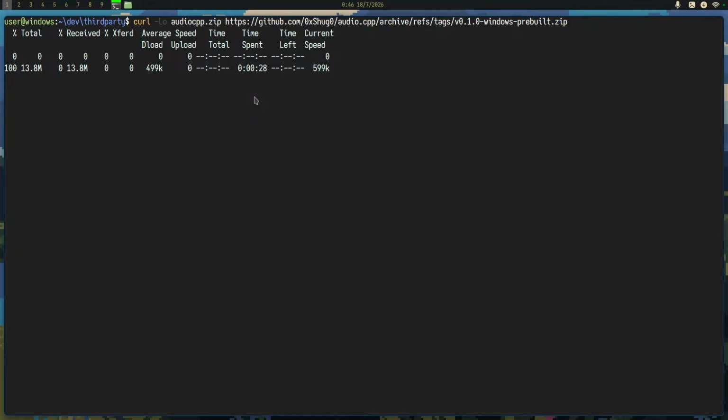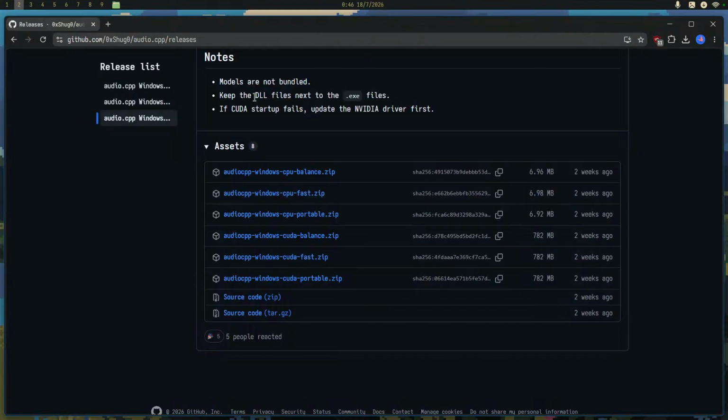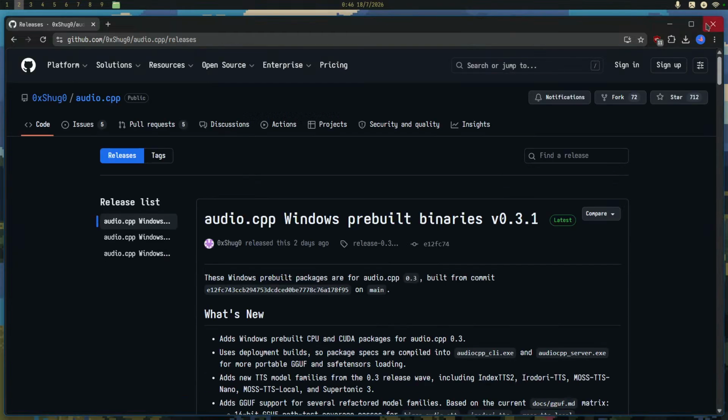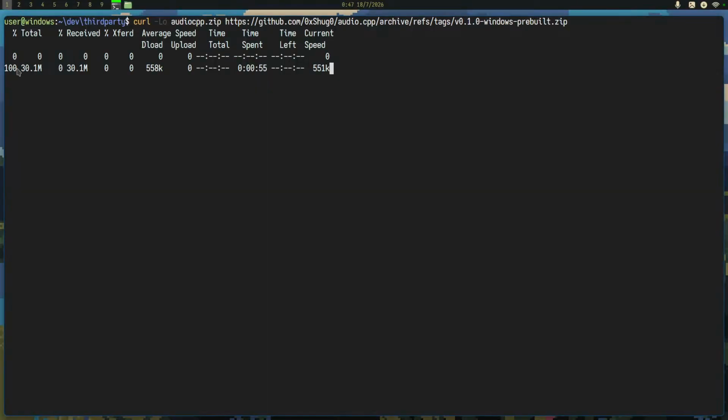Oh my god, how big is this? Was it a mistake downloading this thing? What are they shipping, the entire... What's so big in there? Like, why is it that large?